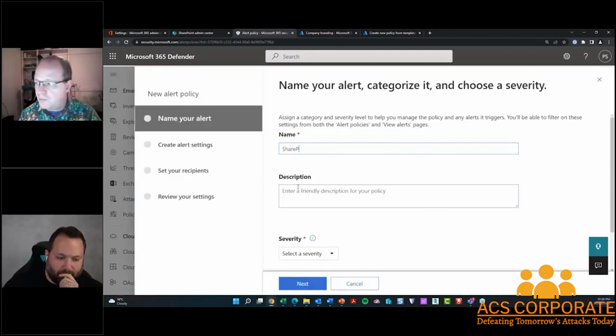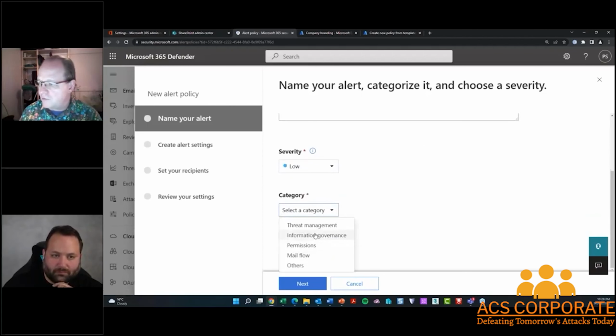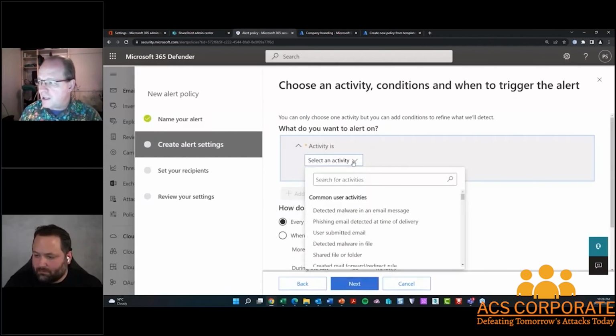So, SharePoint and OneDrive external sharing, and fabulous if we can spell. And I'm going to pick the severity as low. I'm going to pick the category as information governance. And I'm going to select the activity as sharing,